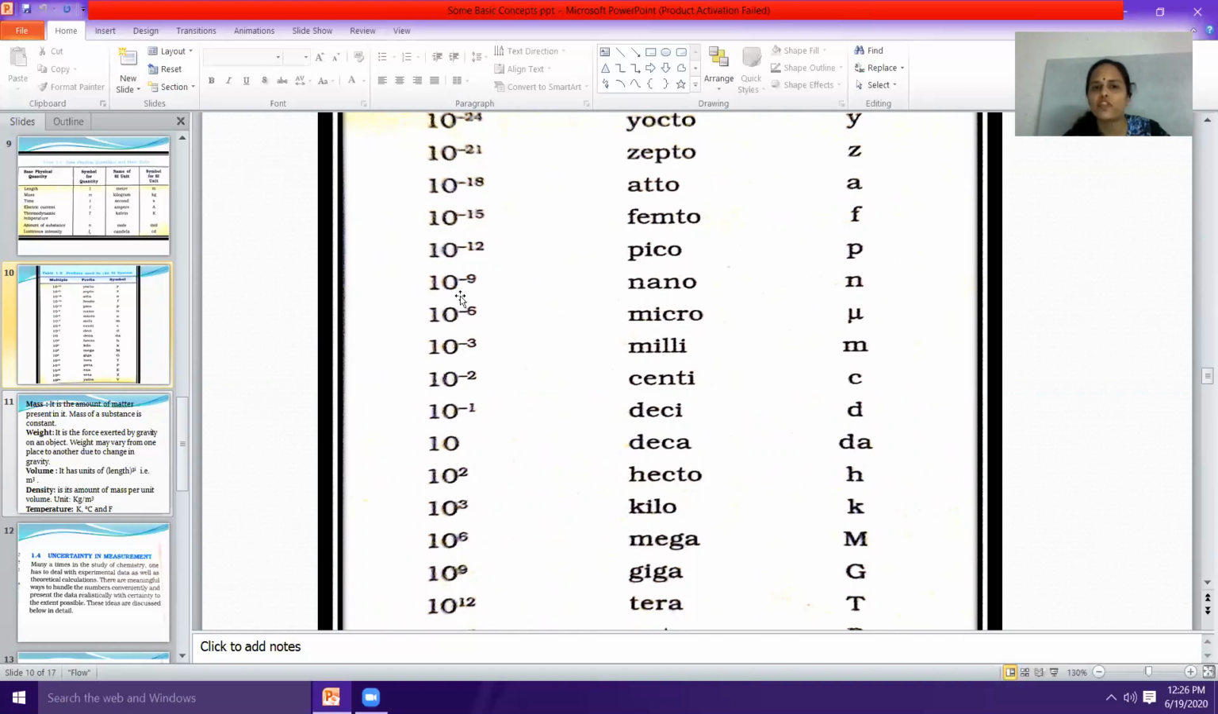1 picometer equals 10 raised to minus 12 meters. 1 nanometer equals 10 raised to minus 9 meters. 1 micrometer equals 10 raised to minus 6 meters, and so on. So you need to learn this in detail, and let us go for the next part of the topic,